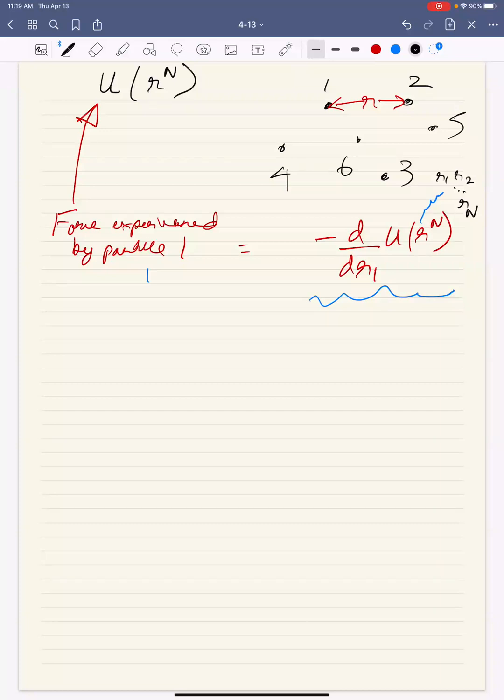Okay, so r subscript 1 denotes x1, y1, z1 for particle 1. r subscript 2 denotes x2, y2, z2 for particle 2. But r superscript n denotes a 3n dimensional vector. Okay, it controls everything. So if I differentiate u of r superscript n with respect to r subscript 1,